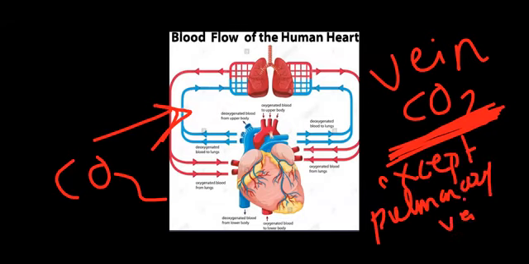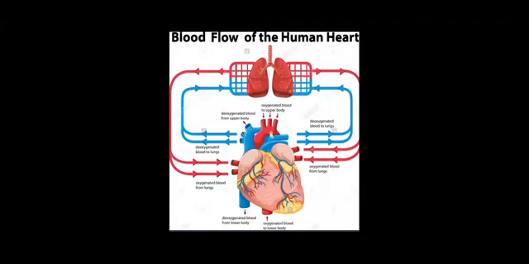Except the pulmonary vein. Where is it? See this, these two. These are the pulmonary veins. These also come from two different lungs. From two different lungs, the two different veins are coming. This is from the left lung. This is from the right lung, which further divides.